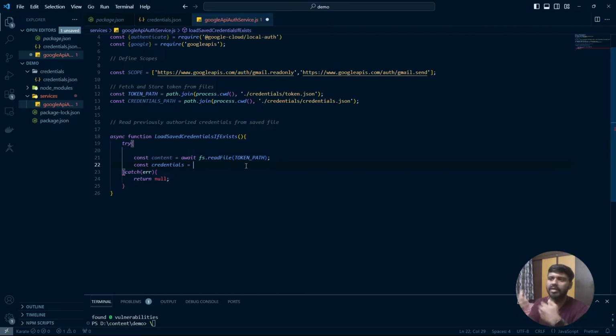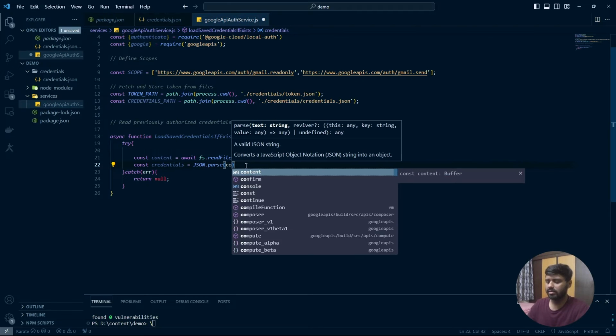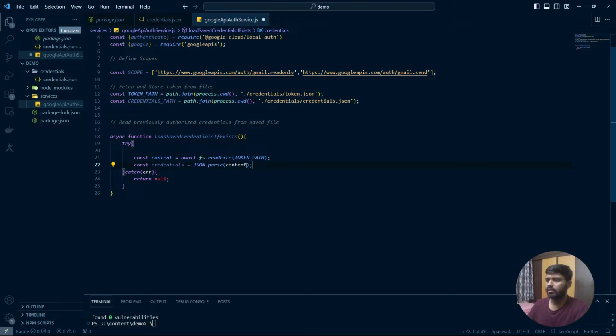We need to parse it so that whatever values the token file holds, we can access them. If it has been stored in the form of a string, then that needs to be converted into JSON. So we parse the content into JSON so that it is easier for us to fetch the values. Now finally, if this operation succeeds, then we can do